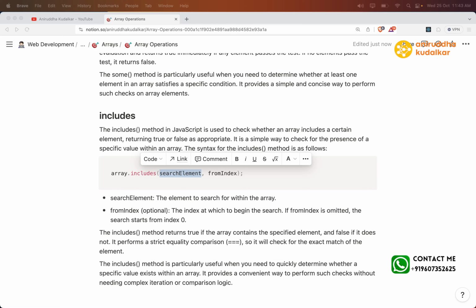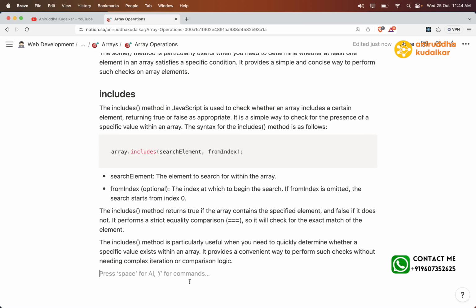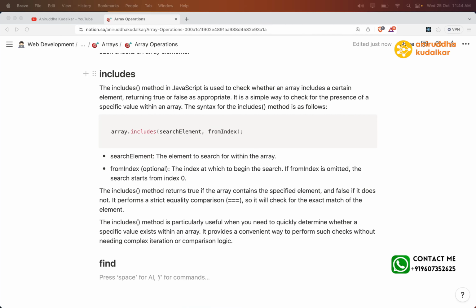Now, based on the condition, you will find the particular element. Remember that? Find the particular element based on the condition. Includes is also there, but includes returns true or false. But I want to find the particular element directly. The find method in JavaScript